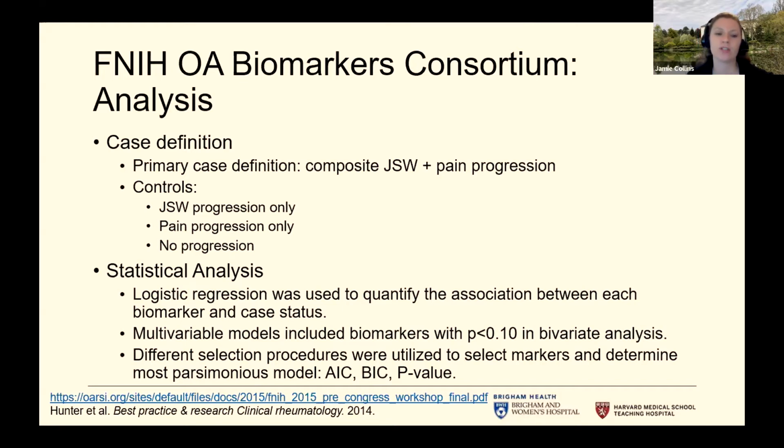And so we used different ways to try to figure out the best subset of markers, and then compared the markers selected across the different approaches. We did tenfold cross-validation to try to estimate the out-of-sample performance, but we did not have an independent validation data set. And we'll come back to this and discuss other ways that these data can be assessed, have been assessed, or may be assessed, to talk a little bit about the pluses and minuses of this more traditional statistical analysis versus more complex big data methods.